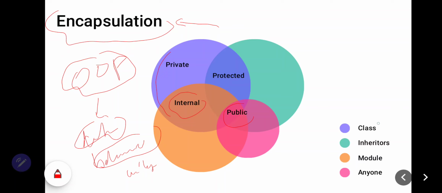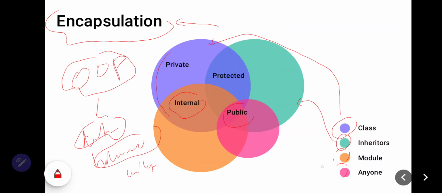And you can see in this diagram class, inheritors, module, and anyone. Class is the color purple, inheritor is green,